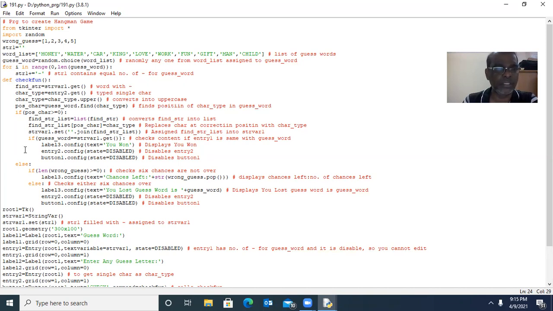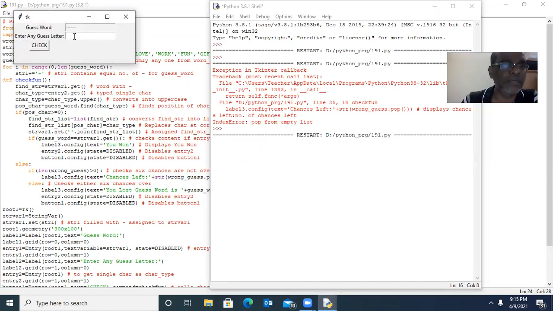That means greater than or equal to 0. That's correct. Wrong guess is greater than 0. Greater than or equal to 0. Chances first time it will be 5, 4, 3, 2, 1. So it should be greater than 0. We'll check it out. I'm not sure.